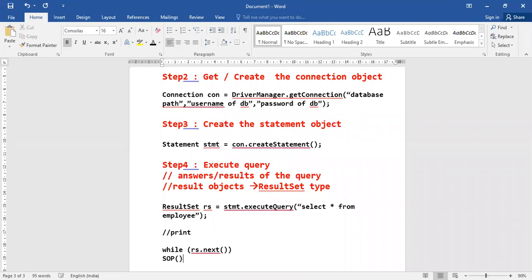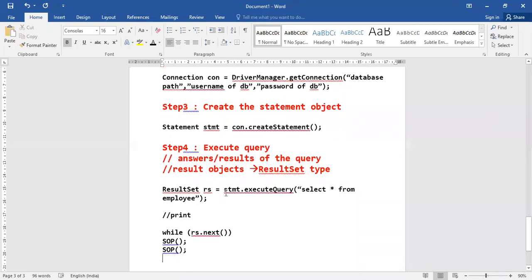Let's say you have 2 records. Your employee table had an employee ID and employee name. Employee ID was integer and employee name was varchar. Imagine, this is just an imaginary table. Imagine your employee table had 2 fields, employee ID, which is an int, and employee name, which is a varchar.